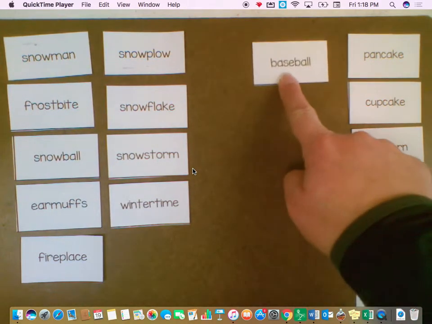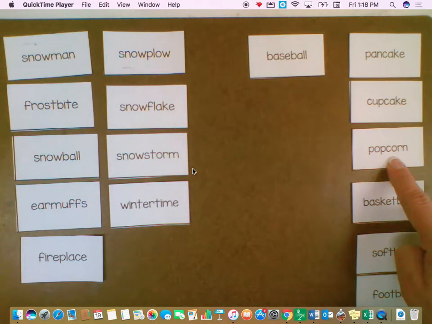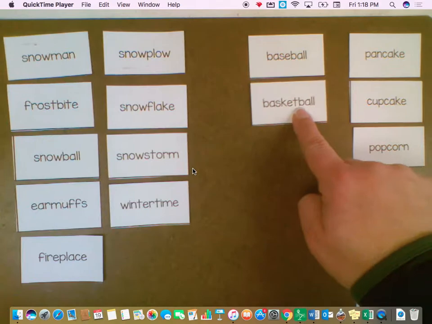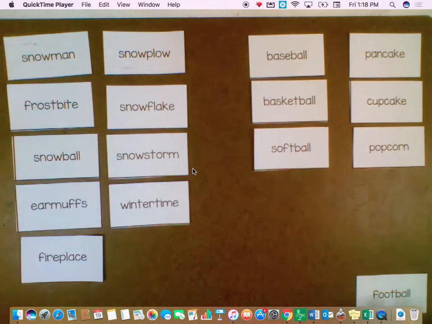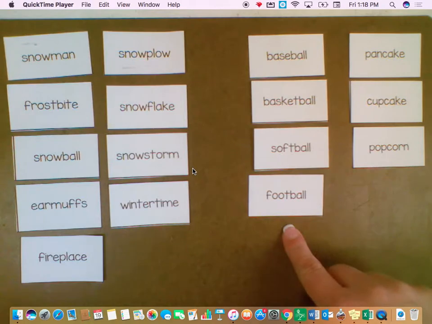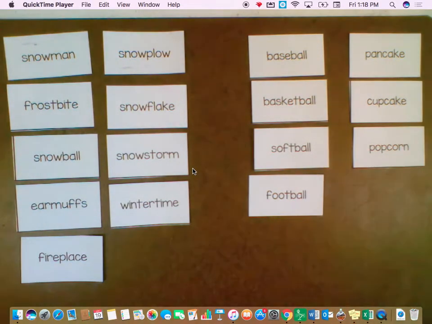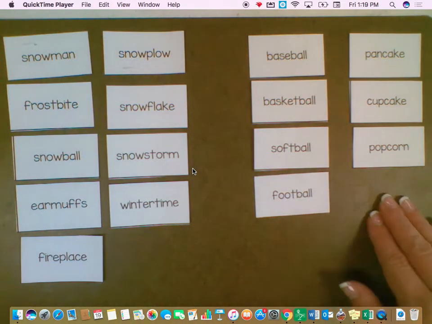So I see baseball, pancake, cupcake, popcorn, basketball. Oh, that's a sport. I can put that with baseball. Softball, that's another sport. Football, that's another sport. So I've got some sports here. And then pancake, cupcake, popcorn. What do those have to do with each other? Well, they're all food. So now we have sorted by winter compound words, by sports compound words, and by food